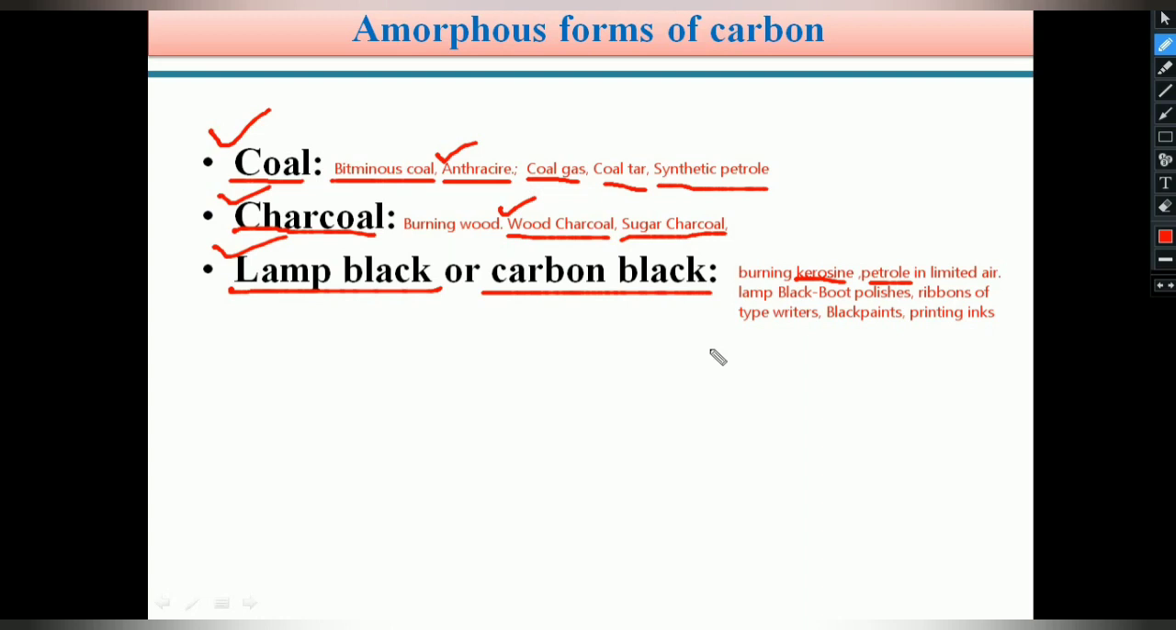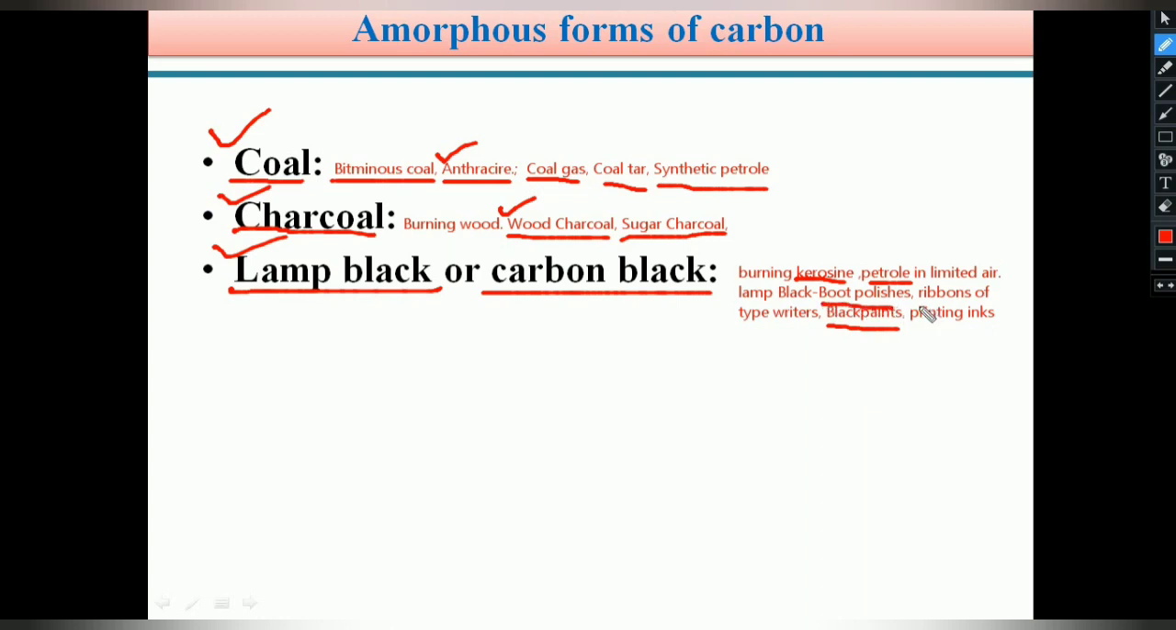So the burning of kerosene, petrol, turpentine oil, acetylene produces sooty smoke. This is passed through the chambers which contain wet blankets. On the wet blankets, the soot is deposited. The deposited soot is called lamp black or carbon black. This lamp black or carbon black is used in the preparation of black paints, boot polishes,